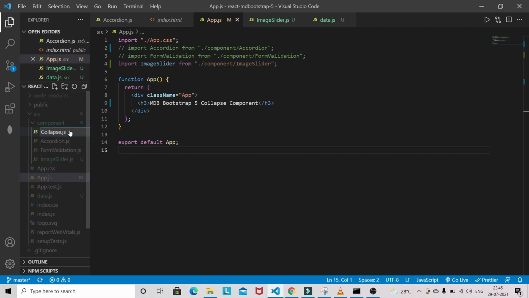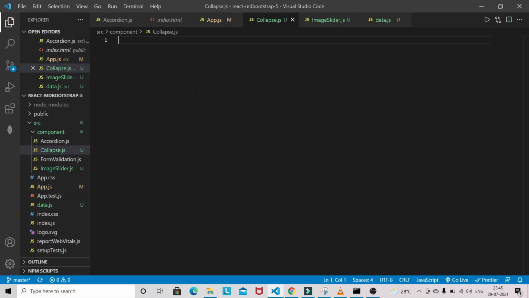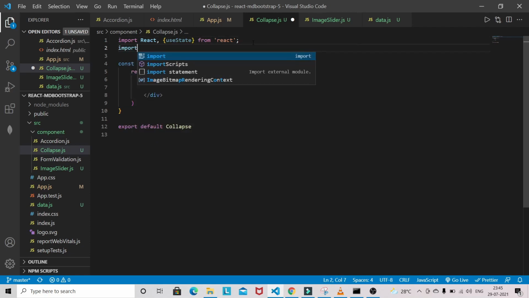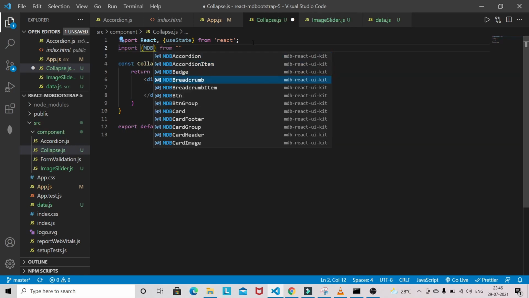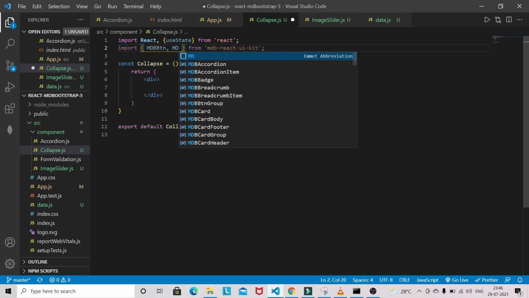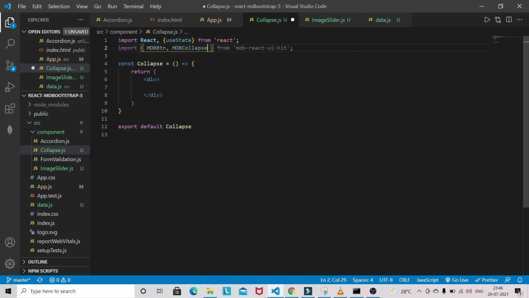So collapse.js, and I'm going to generate a snippet here, and from React I need one hook as well, that will be useState, and from Material Design Bootstrap we need some components like button and MDB collapse. This one is also needed.